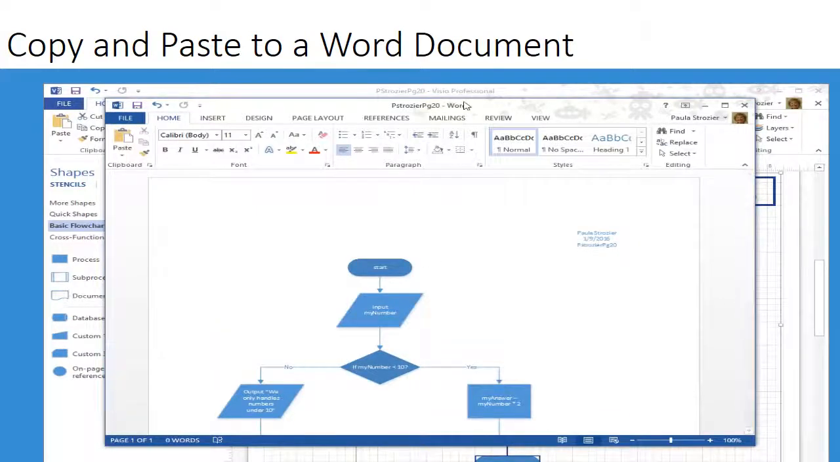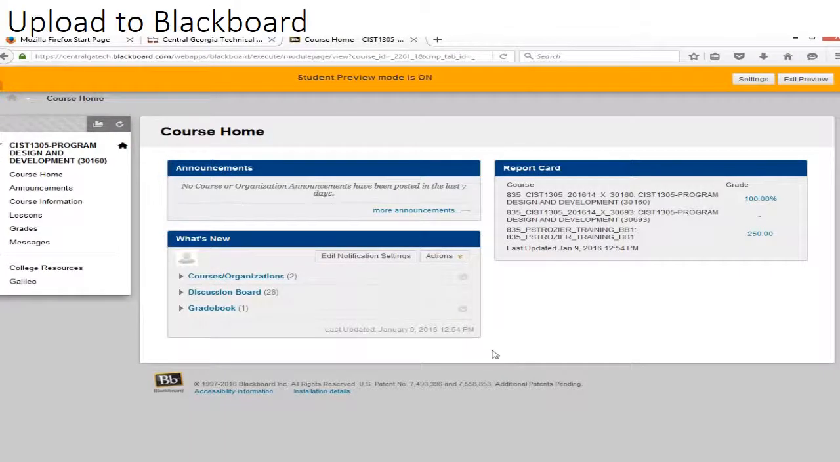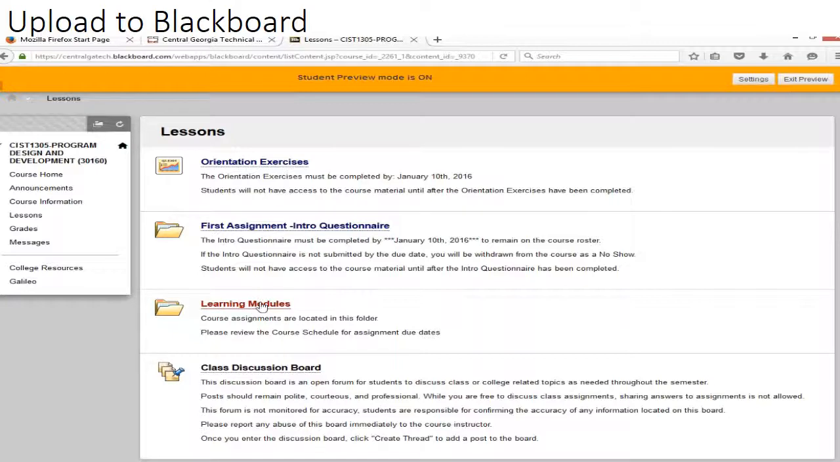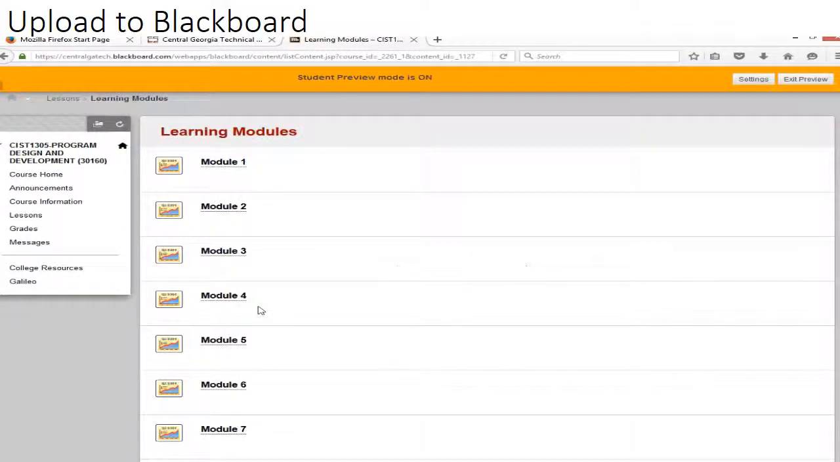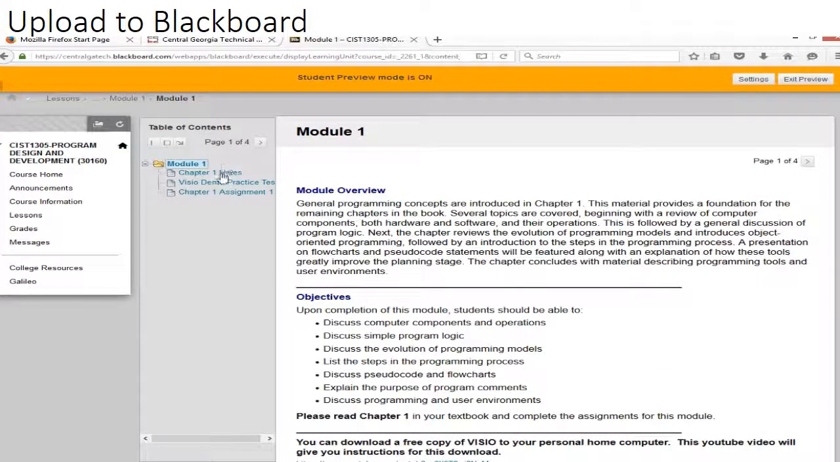Now, this is saved as a Word document. I am now ready to upload my document to my Blackboard account. Now, once you have your Blackboard account open, we will go to the Lessons tab and then we'll go to learning modules. This is part of learning module 1. We will go to the Visio demo practice,